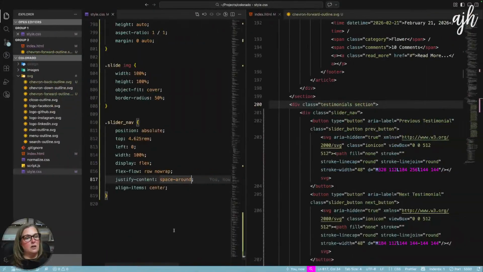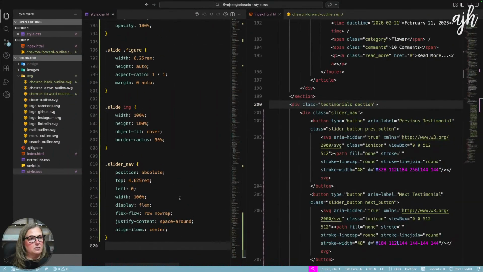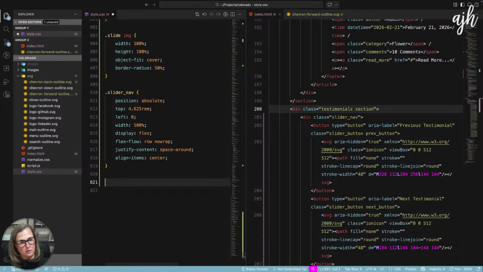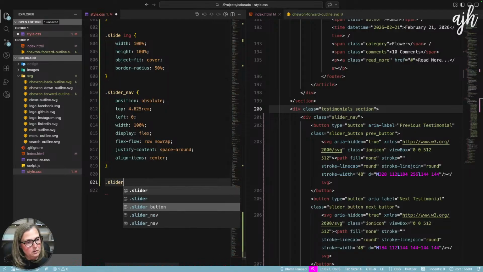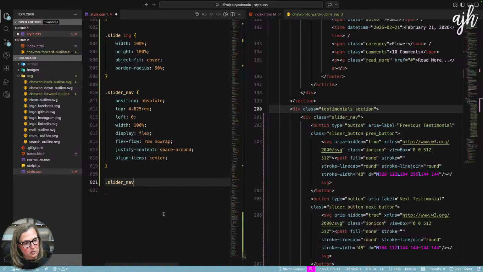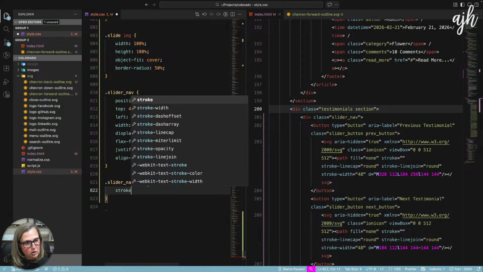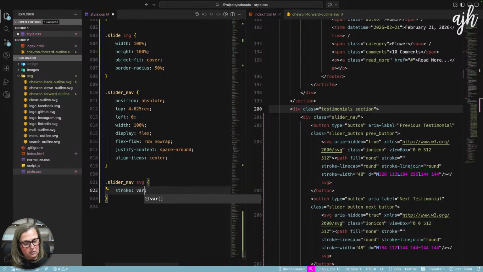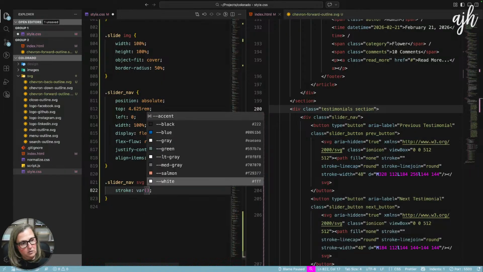And then let's make sure that they have the right color. So our slider nav SVG, the stroke is our accent color.